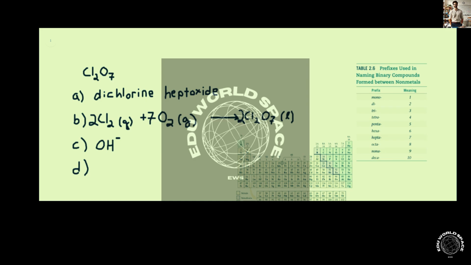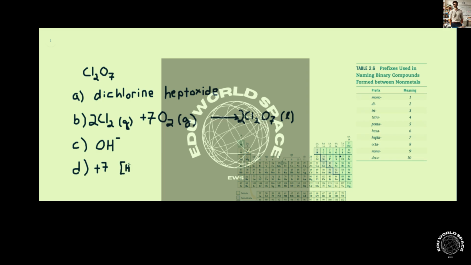And D says, if the oxygen in Cl2O7 is considered to have a -2 oxidation state, what is the oxidation state of Cl? And then what is the electron configuration of Cl in this oxidation state? So we just said that if oxygen is -2, Cl has to be +7. And for the electron configuration, you can see chlorine is number 17 here. If you remove 7 electrons, you would remove this entire valence shell, the 3s and the 3p electrons, and you'd be left with the electron configuration